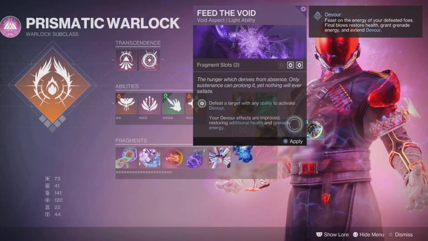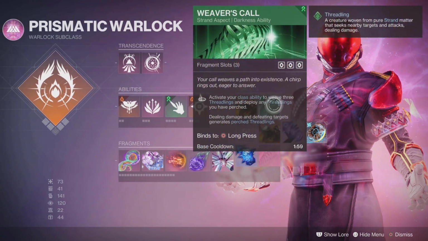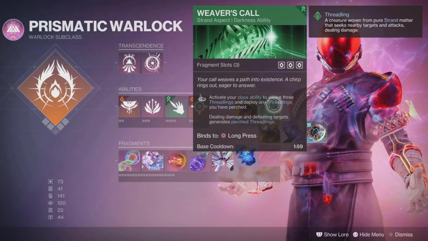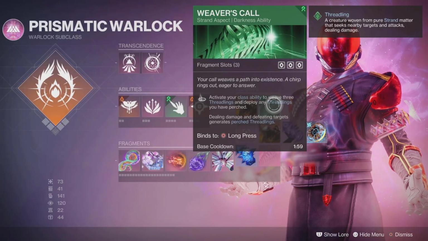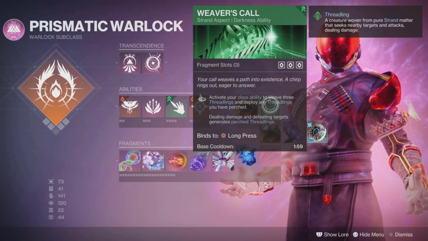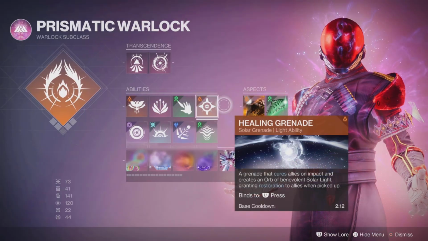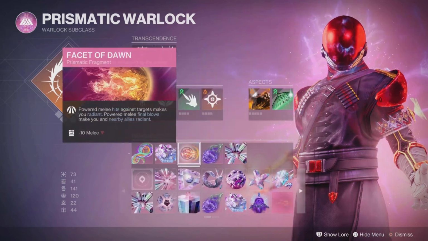It's good, but I wanted to be more creative, right? So I went with Weaver's Call, and this does something that I didn't know could work so well, where dealing damage and defeating targets generates perched threadlings. So the threadlings do pretty good damage. They're almost like the Hellion, and you can just generate them forever, if you're just shooting. So if I'm just shooting and I'm getting elemental buffs,